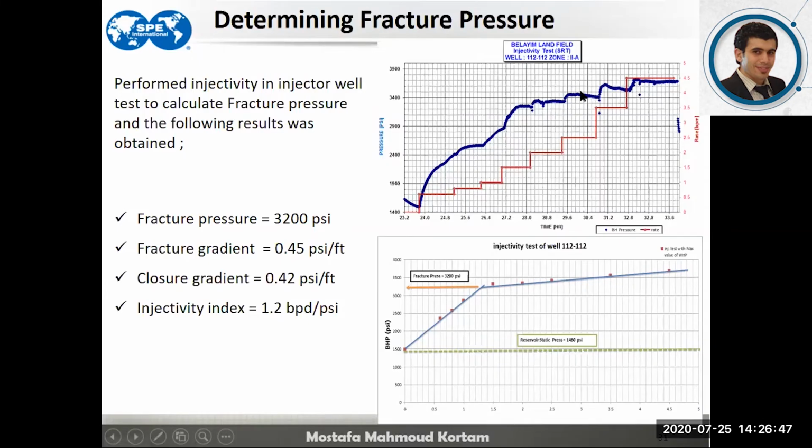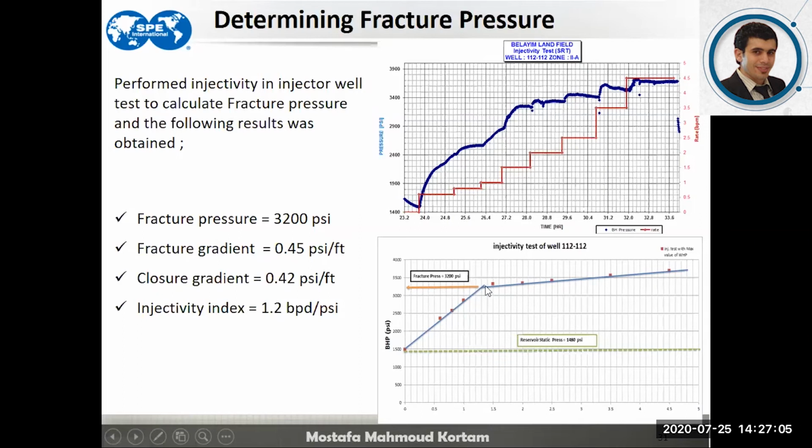So by capturing the pressure and the corresponding rate and plotting them, the rate on the x-axis and the pressure on the y-axis, we would have points that are scattered,